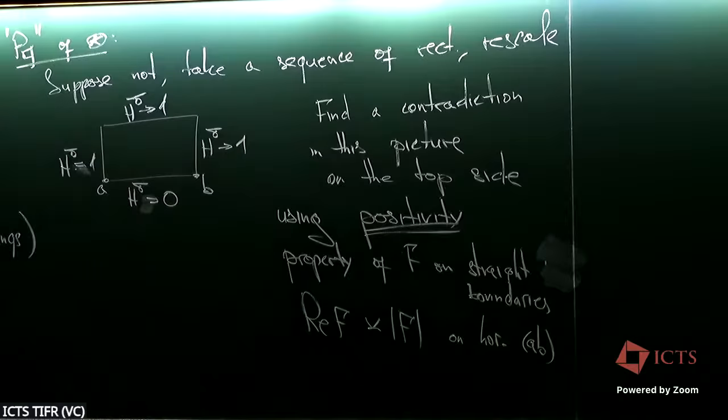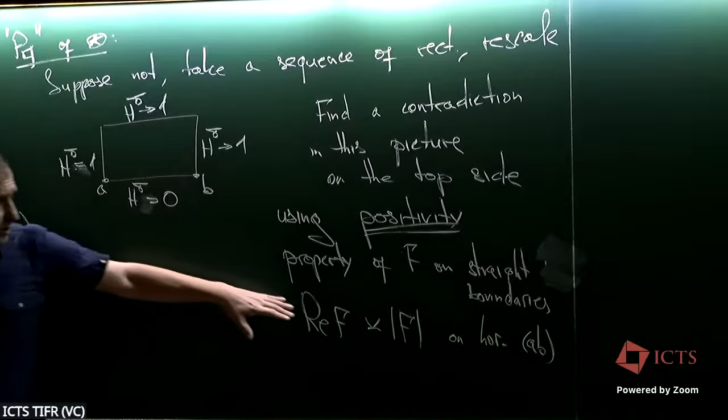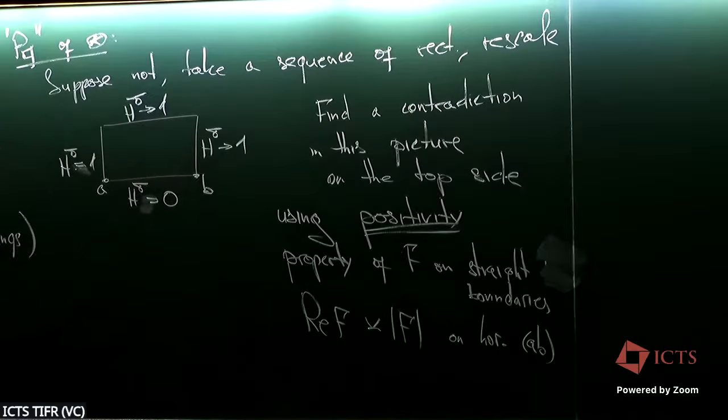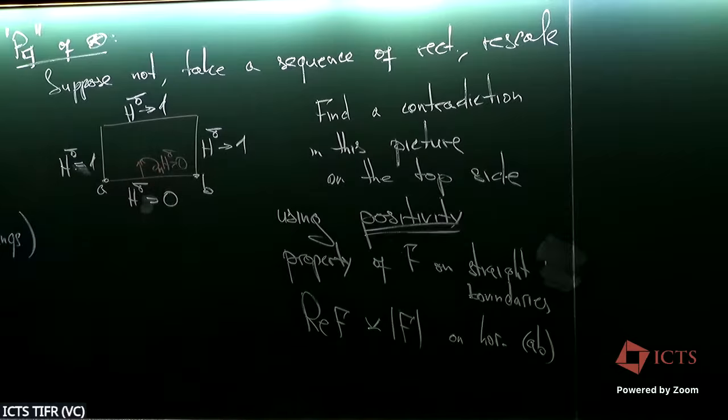Why does it help? Because let us think about this red cut. If F is purely real, then when I compute my H, H has positive derivative along the inward normal. So here, this derivative is positive. However, this cannot hold the same on the top boundary because H is a harmonic function in the limit, and it is already 1. It cannot grow inside the domain.